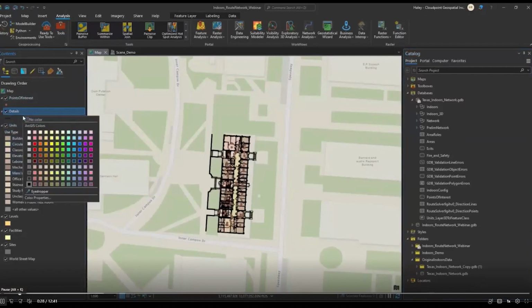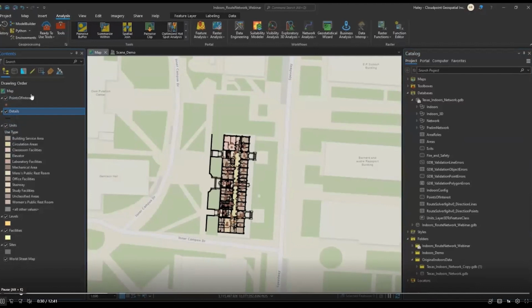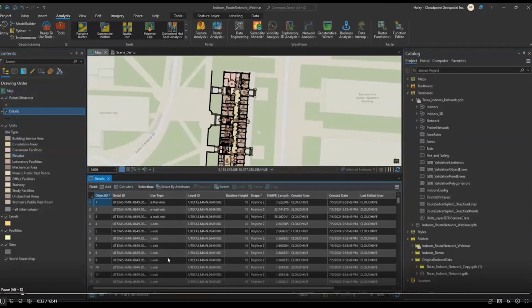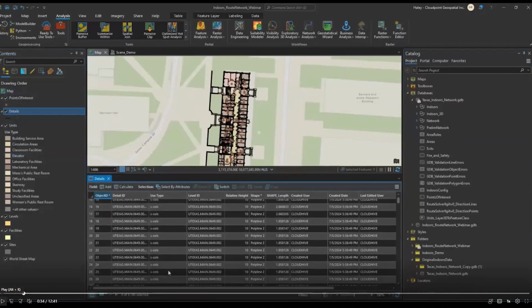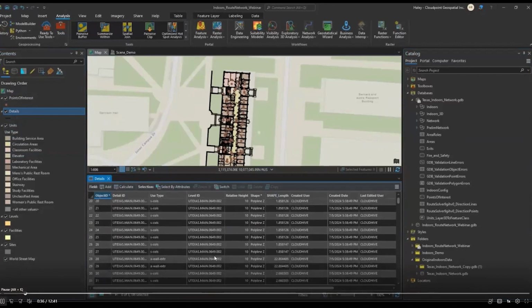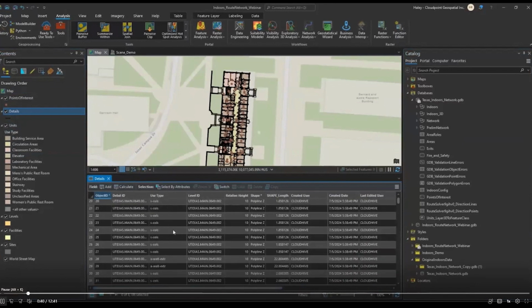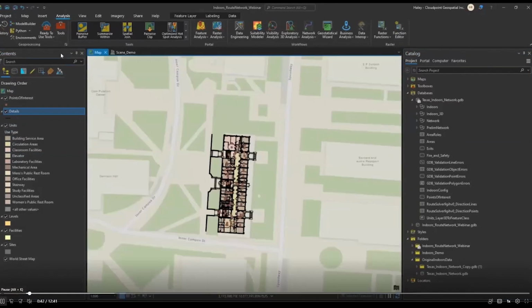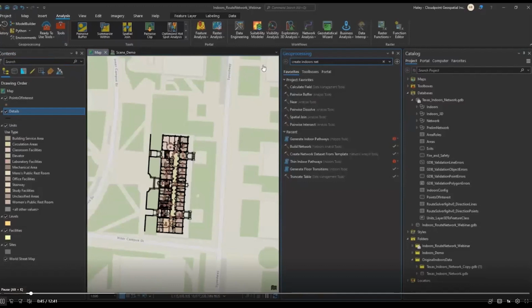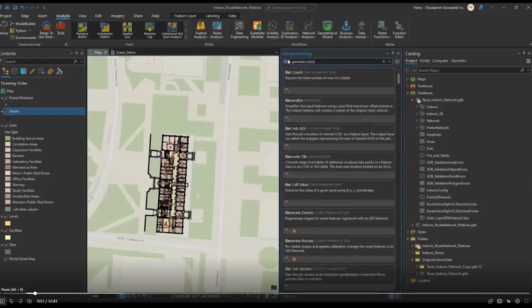There's a details layer, and this layer is going to be important when we're running the first tool to generate the pathways. We're going to use that use type field right here that has all of the CAD information, and also level ID information like that. Then we'll run the first tool, which is to generate the pathways. This is going to create preliminary pathway data that will go into that prelim